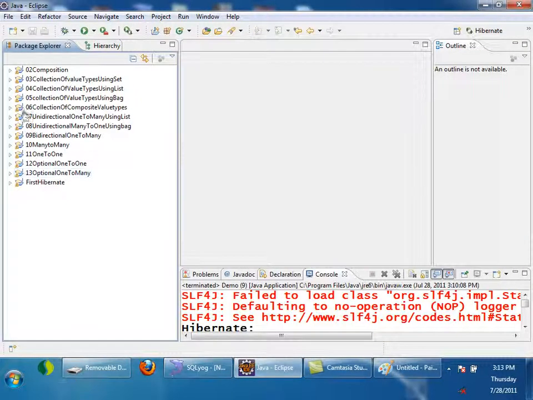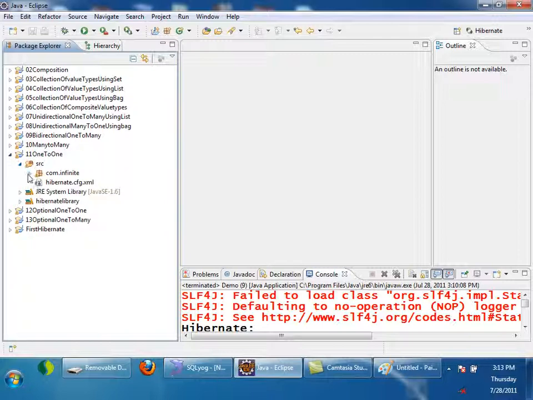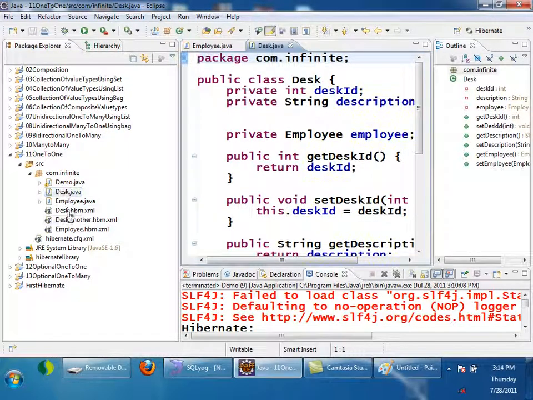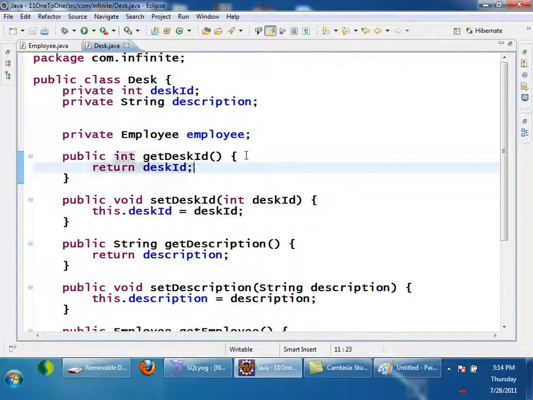Now let us go with one-to-one. Yesterday we were discussing that one employee has one desk and one desk belongs to one employee. This we made as one-to-one. Right? There are two strategies for mapping one-to-one as we understood yesterday. What are the two strategies?